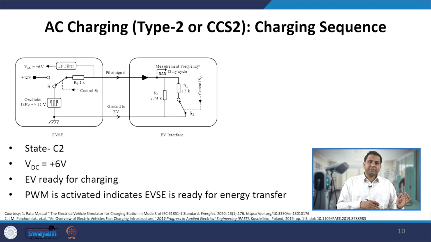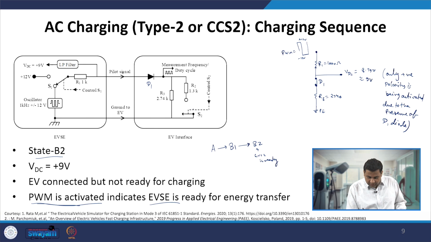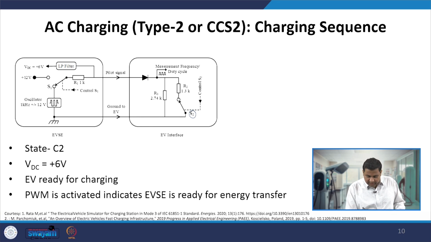Now the EVSE is ready, now the vehicle has to get ready. So the vehicle gets ready by changing the state of the S2 switch. By controlling this S2 switch, the vehicle controller tells the EVSE that it is also ready by moving from the off state to the on state, where R2, which is 1.3 kilo ohm, gets connected in parallel to this R3 resistance, and that's when this PWM will be coming in over here, plus 12 volt, minus 12 volt,